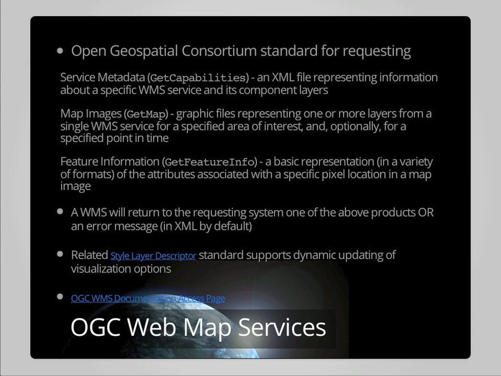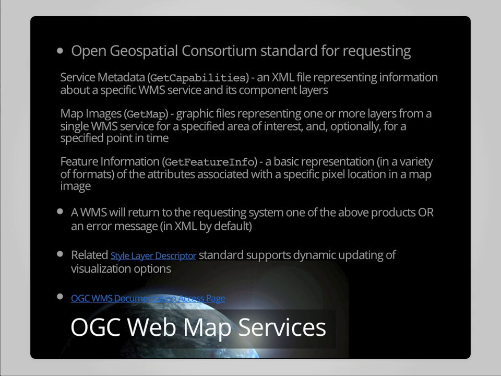Now let's talk about the Open Geospatial Consortium Web Map Services standard, where the Web Map Services are a standard that really focuses, as we discussed last time, for requesting map images, not map data. And there are three core requests that we're going to talk about here as they relate to